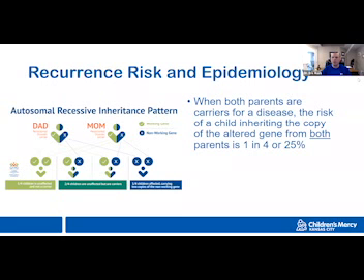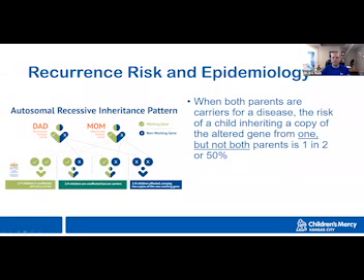So when both parents are carriers of a disease, the chance of the child inheriting that change is 1 in 4. So we know that, again, the chances are 1 in 4. The chances are actually higher for those parents to each pass along one working copy and one non-working copy. So in those cases, it's a 50% chance that they would have a child who is clinically unaffected but is a carrier. We wouldn't think that they would have any health problems, but we know that it can be a future family planning problem for them.